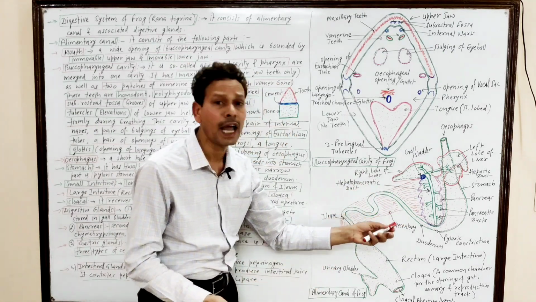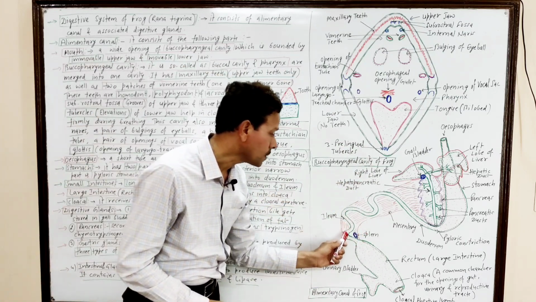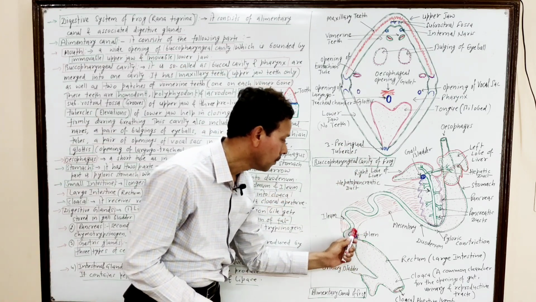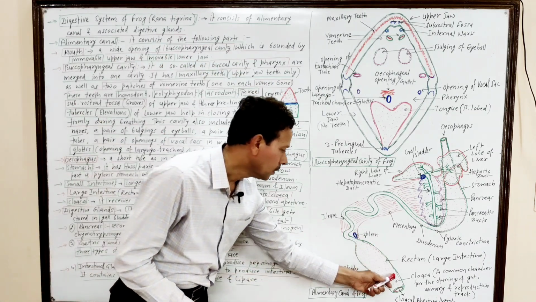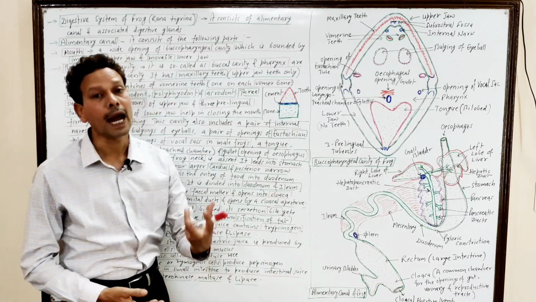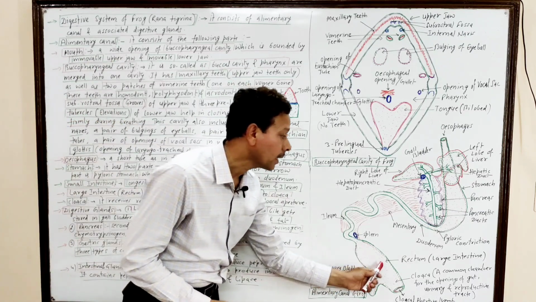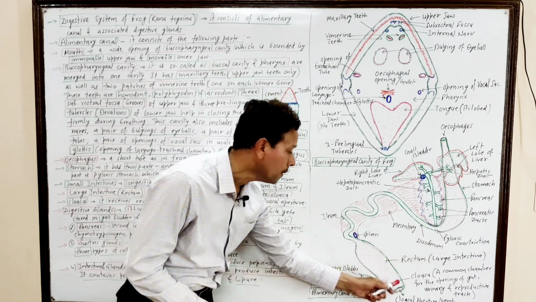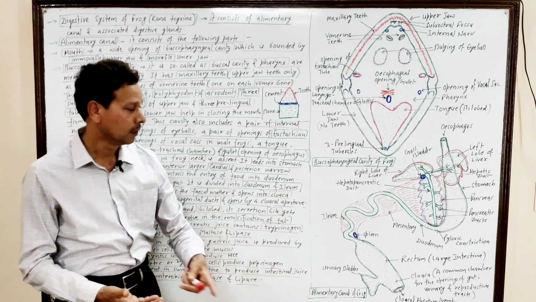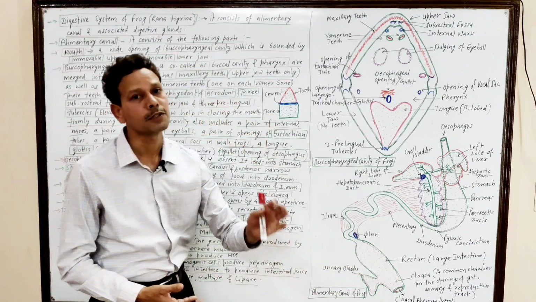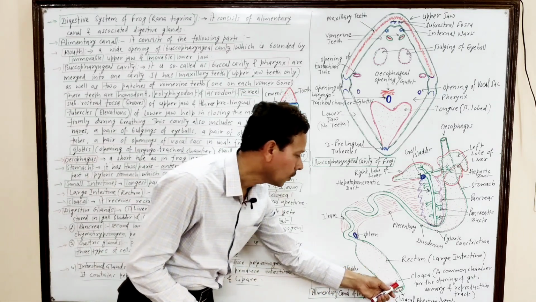It is the mesentery, having an enriched blood supply, and at the junction of the small intestine and large intestine, the blood bank is there. It is the spleen, and the terminal part of the alimentary canal that stores undigested food is the rectum, the large intestine. It opens into a common chamber, that is the cloaca. That is the common chamber into which this rectum opens, as well as the urinogenital duct, and this cloaca opens